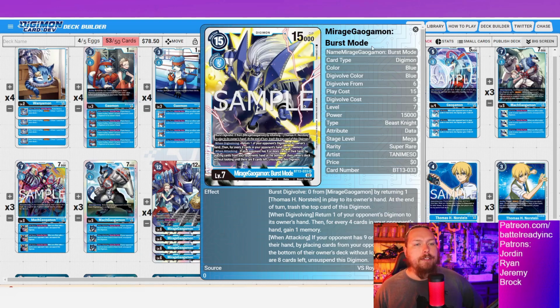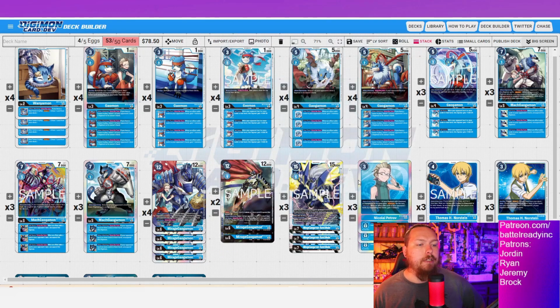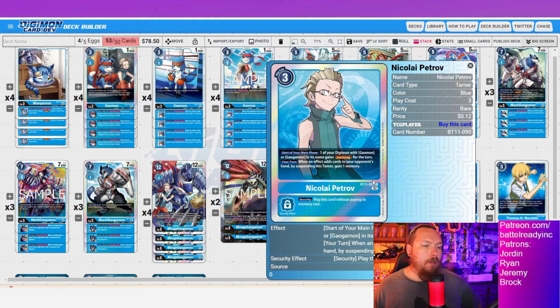Free memory for a 0 evo cost. Yeah, absolutely super solid. Next we've got our Tamers here, our Nikolai. At the start of your main phase, I talked about earlier, one of your Digimon with Galmon or Gaogamon in its name gets jamming for the turn. You know, getting up to these higher levels can take some time, so getting jamming along the way is going